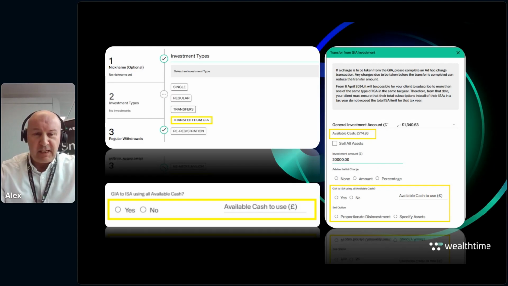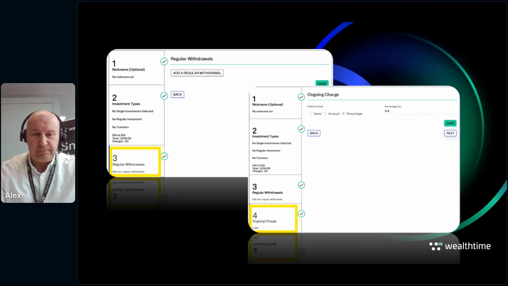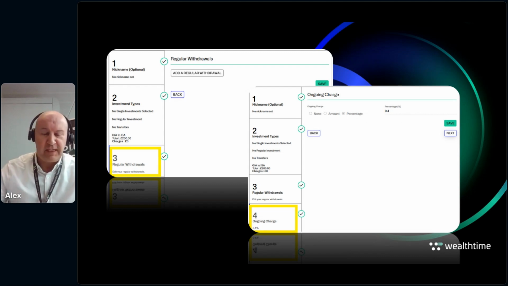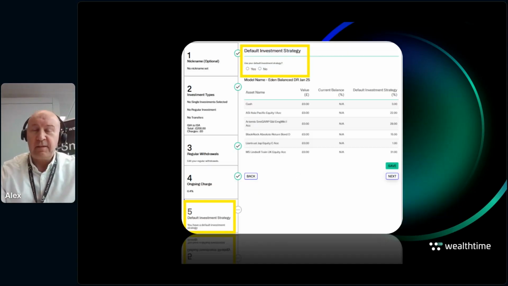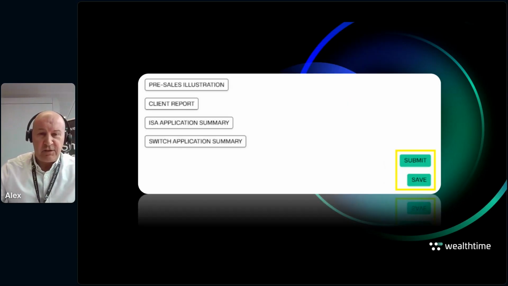On to step 3, that gives you the option to add a regular withdrawal, and step 4 relates to any ongoing charges that will pull through from the existing, as remember, this is a top-up. Step 5 displays the current default investment strategy and allows you to keep it as it is or change it for the top-up. And finally, step 6 generates all required documents, including the pre-sales illustration, the client report, and the